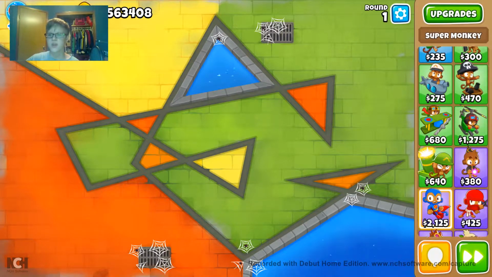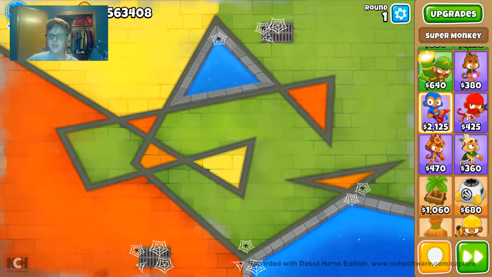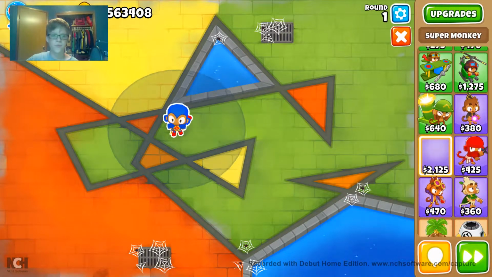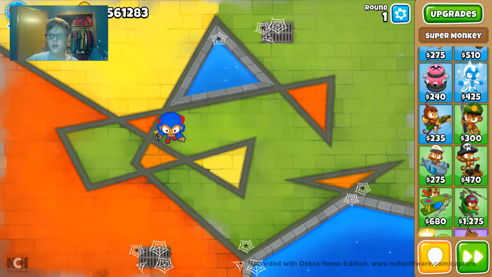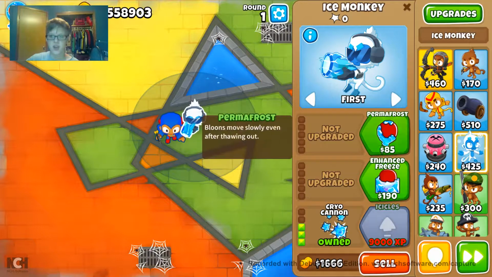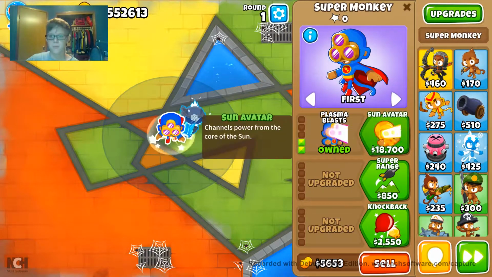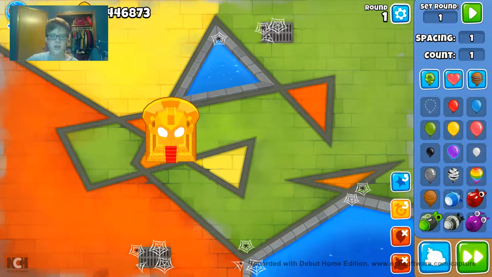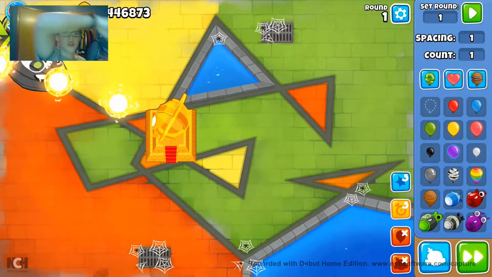The next one, so we got military and magic. The next one is primary. So I figured out that let's give him just one ice monkey. Let's give it the Cairo cannon and the permafrost and metal freeze. And then let's give him the sun temple and send him this oh my gosh, which is not actually called that, but I don't want to use the Lord's name in